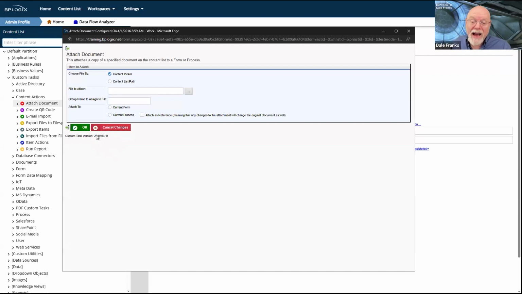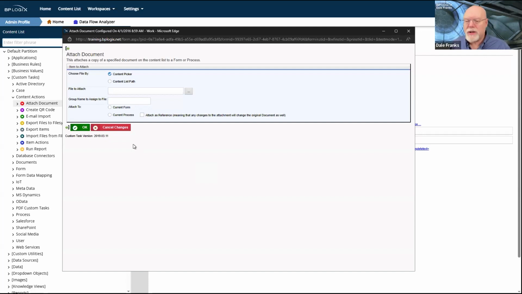So I can look at a custom task, I can look at the version number, and it tells me that this custom task was published by us on March 11th, 2019. I think 3 is March, isn't it? January, February, March. Yes, 3 is March. So this is basically the year, month, and date. And that's the only kind of version numbers that custom tasks have.